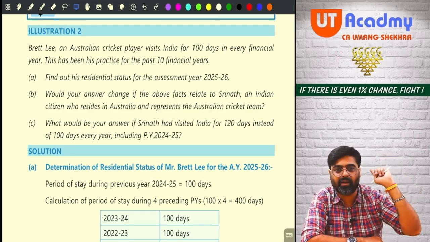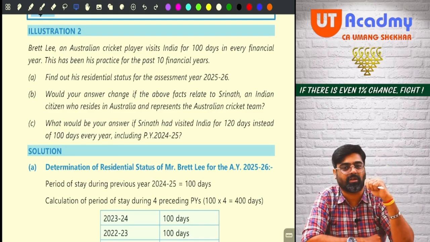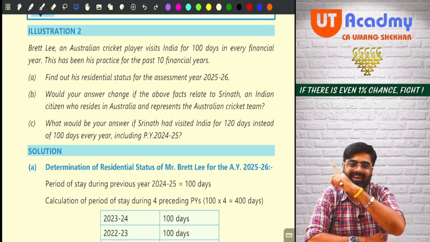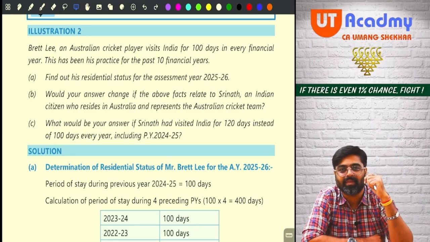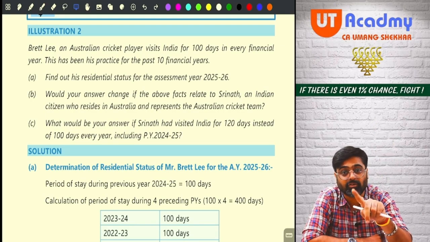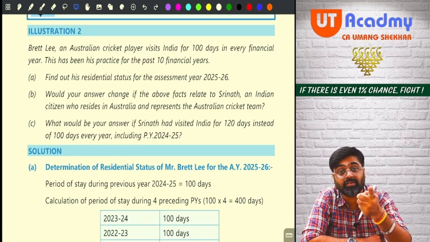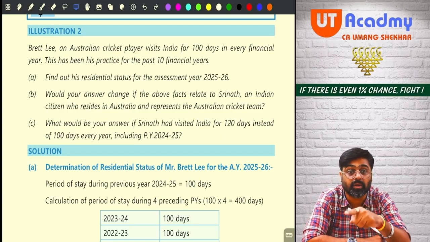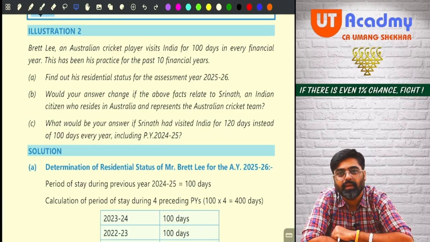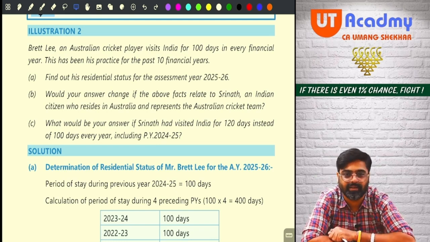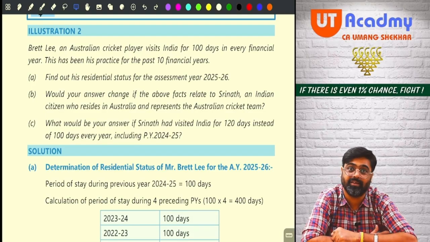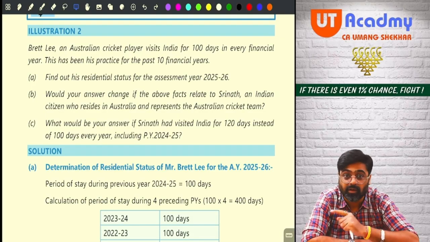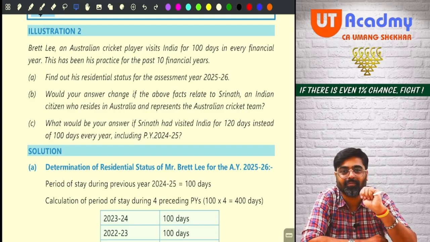And in the last 4 years, his stay in India should be 365 days or more, sir. Last 4 years, 100, 100, 100, 100, 400 is more than 365, sir. Basic condition B, both the parts, part 1 as well as part 2, both satisfied, meaning that he has satisfied basic condition B and he becomes a resident. And now tell me, if he becomes a resident, will we check additional conditions? The answer is yes. To make him RNOR, yes or no?